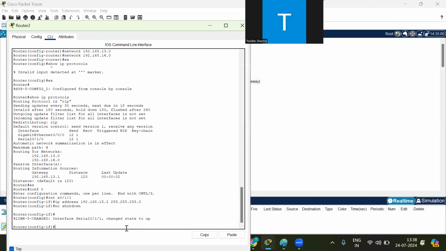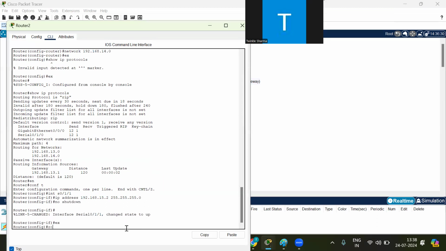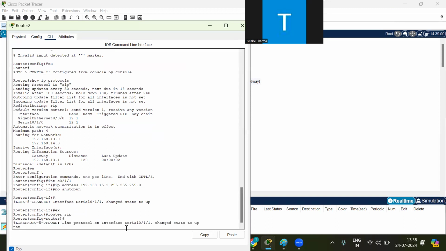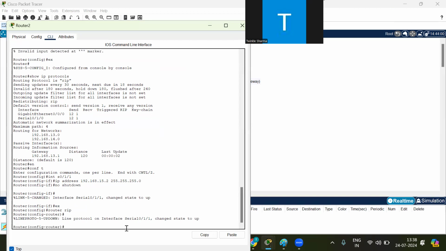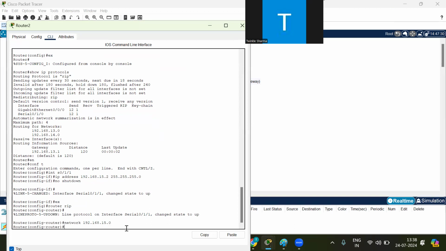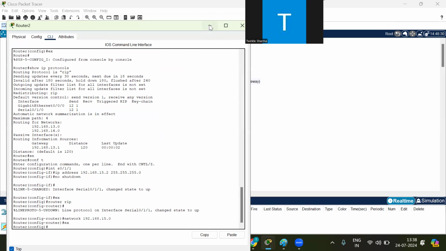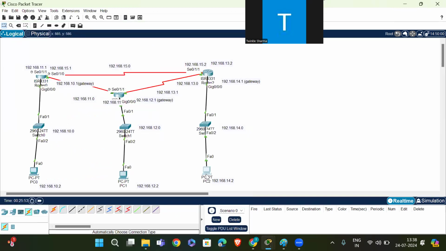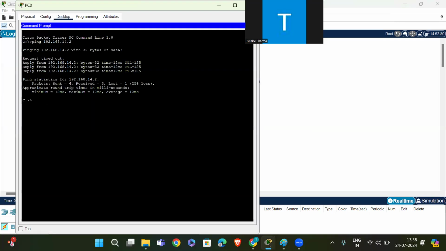Then exit. Router rip, network 192.168.15.0. Exit. Okay.